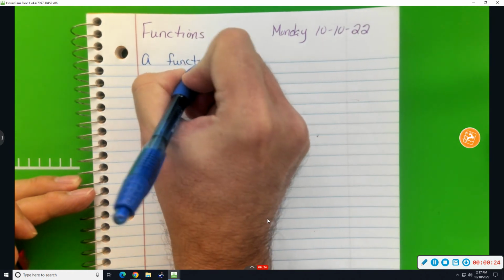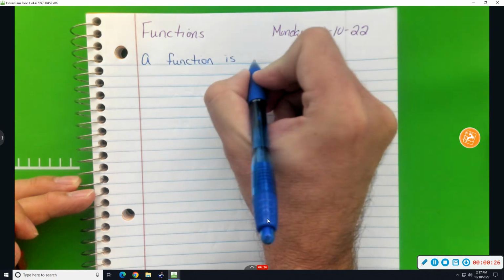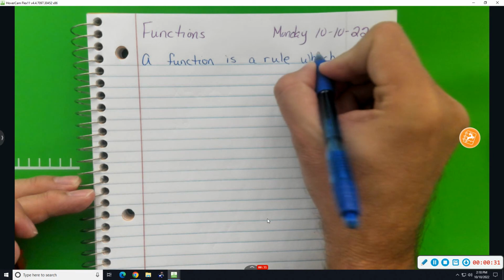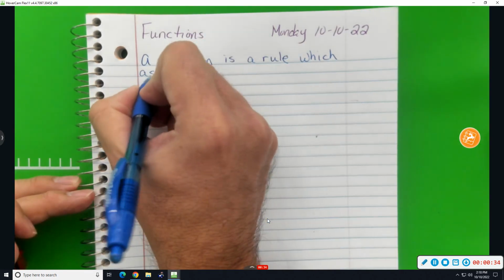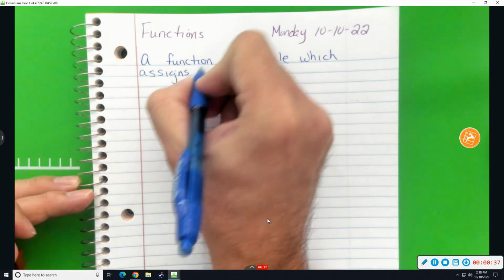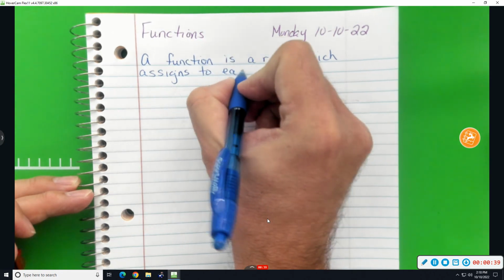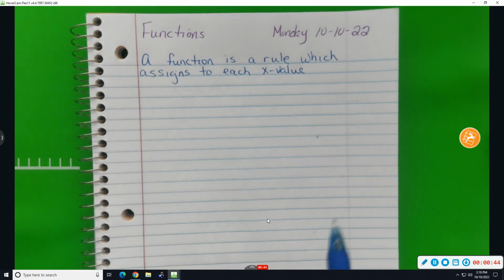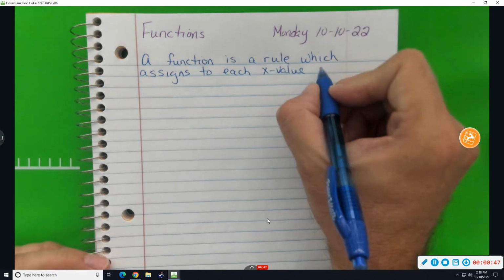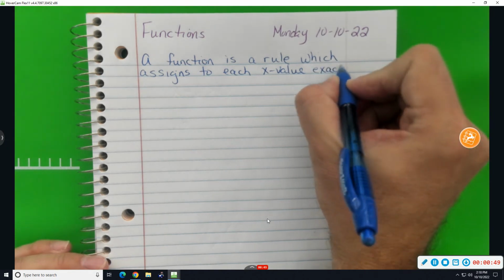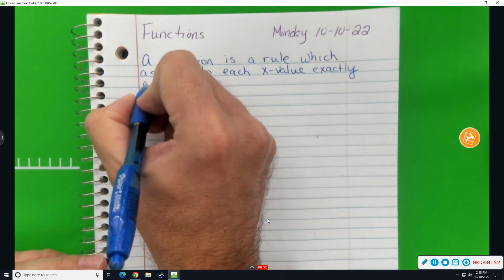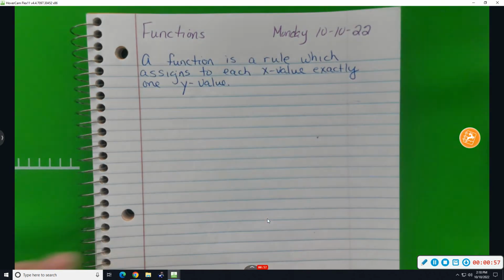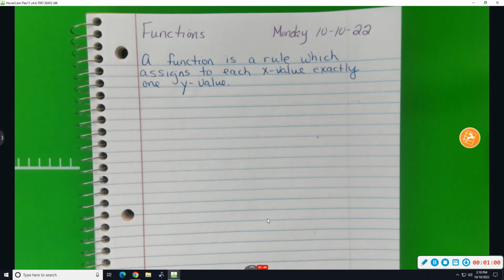A function is a rule which assigns to each x value, and the next phrase, you could say one and only one, or maybe I'm going to say exactly one y value. It doesn't assign an x value 2 or 3 y values, only one y value for each